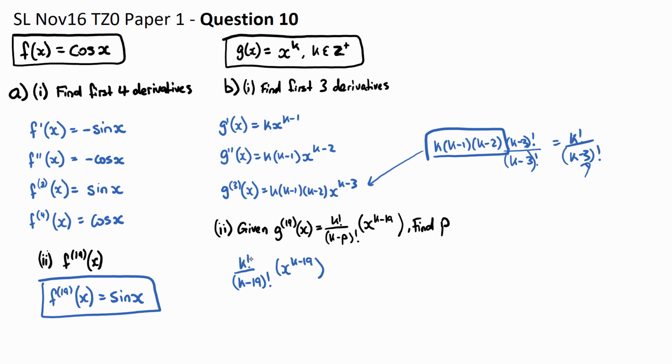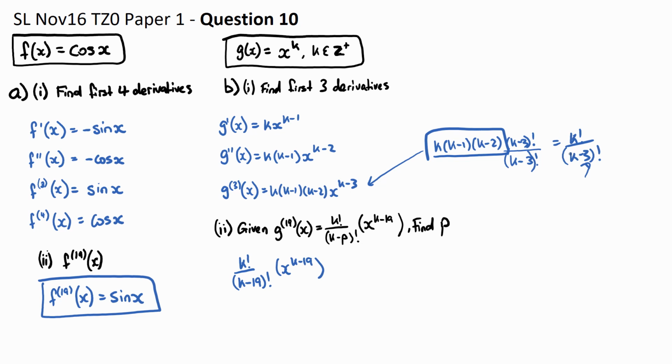Notice that our coefficient here would just be k times k minus 1 times k minus 2 all the way down to k minus 18, and that's what this pattern is here. This was 3, it went to 2. This was the second derivative, went to 1, so it's 1 less. It goes to 1 less as the coefficient. So this should go all the way down to k minus 18, so therefore on the bottom we'd have k minus 19. I probably could have explained that a little bit better, but